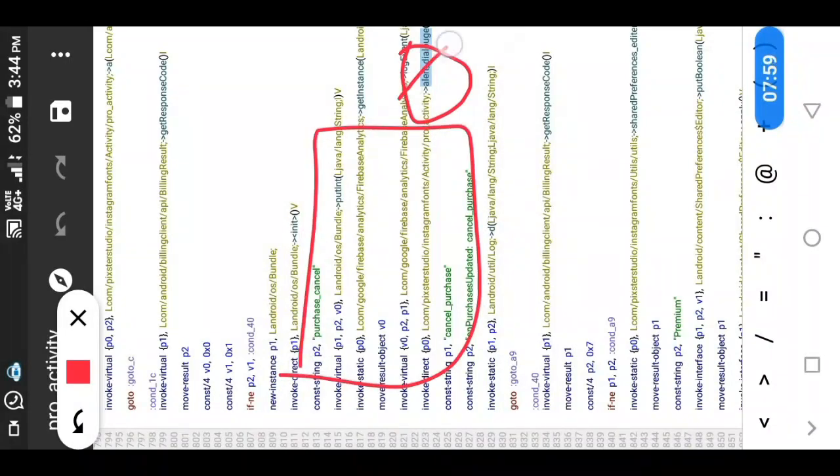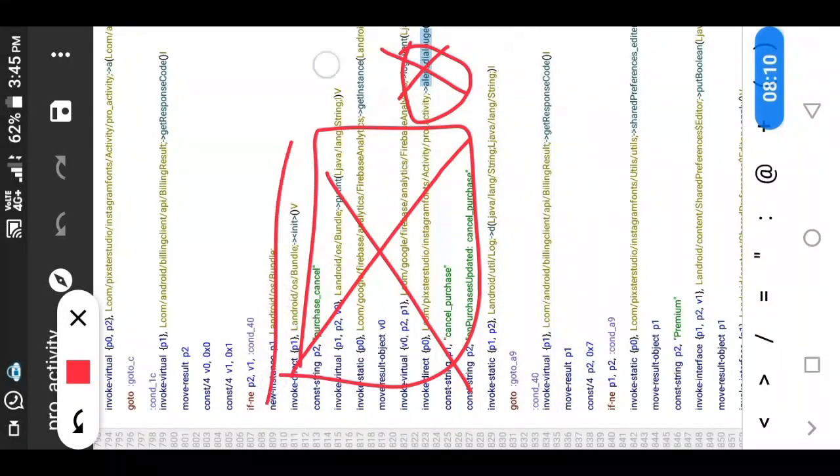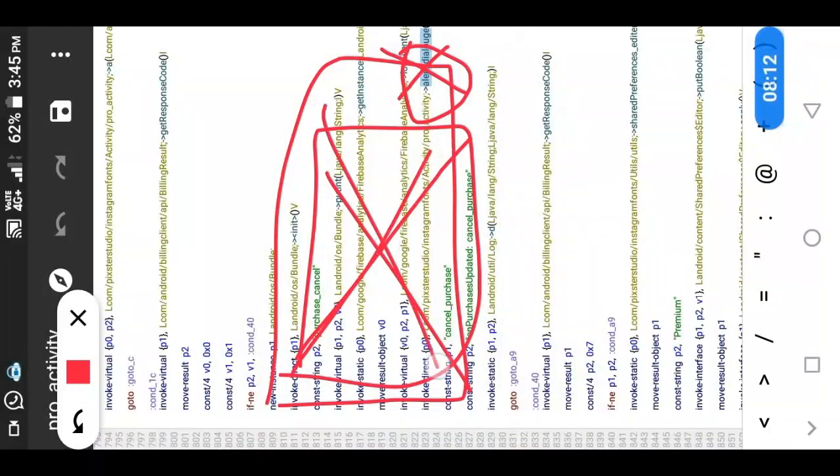The alert dialog code is in this whole code. If we don't want to show the alert dialog, then we should not execute this whole code. That means we should make changes such that this whole code is not executed.